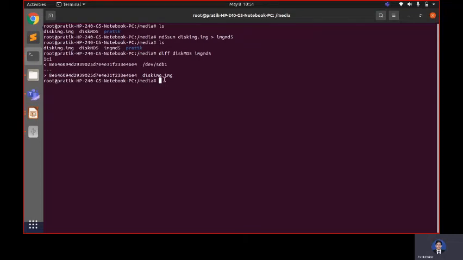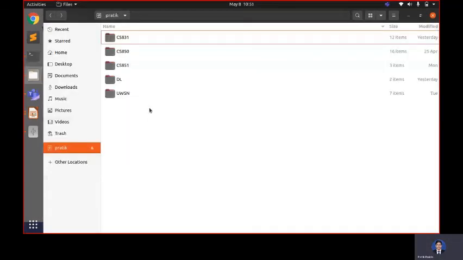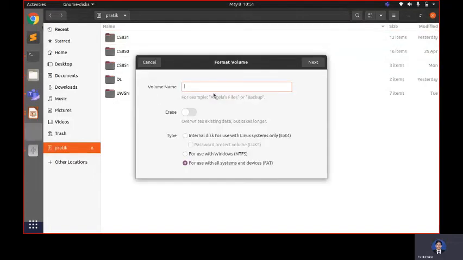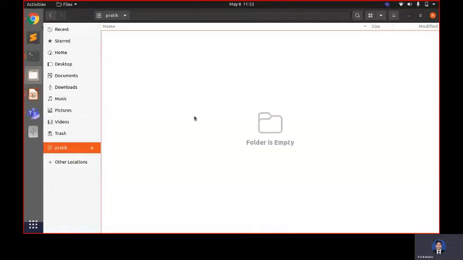So yes, after that, let me show you whether the file is being recovered or not. This pen drive is totally formatted.